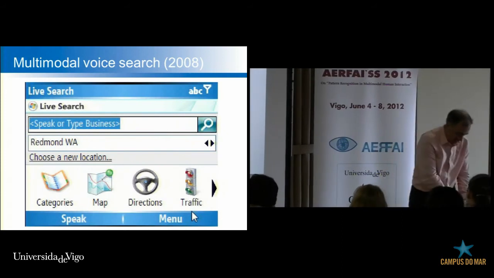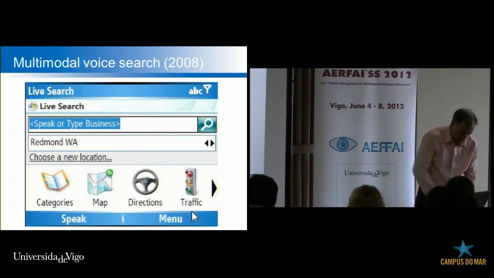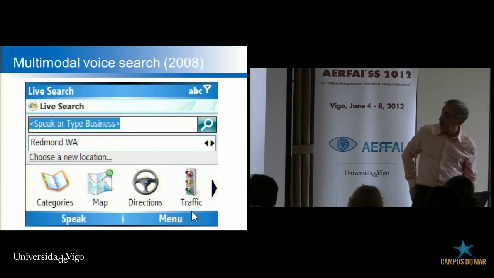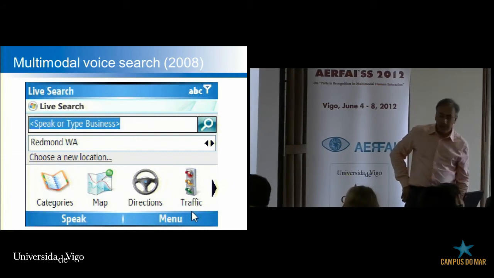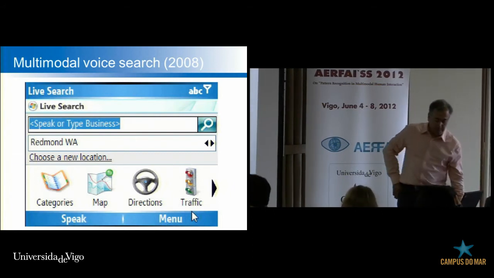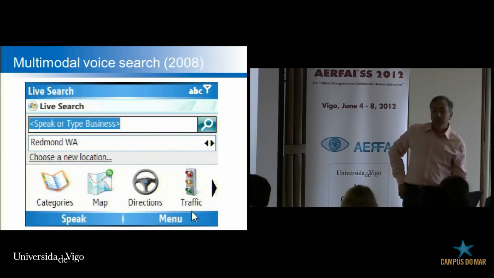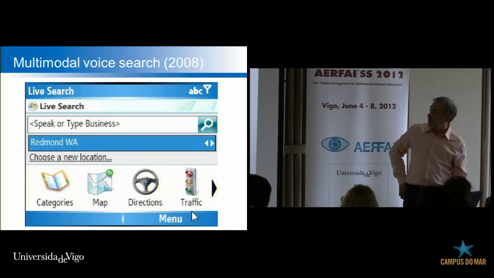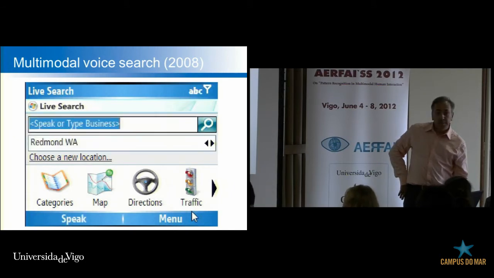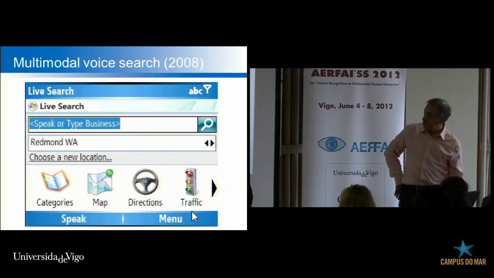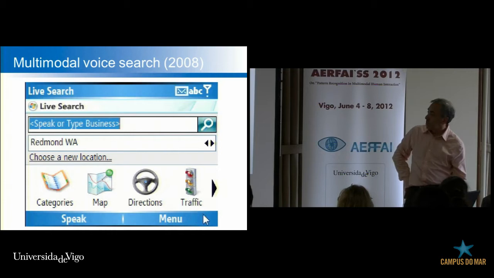Hi, my name is Rob Chambers. I work here at Microsoft Corporation, and I'm excited to show you a new feature of the Live Search for Windows mobile application. That feature is speech recognition. As you can see, I have the Live Search application running here on my phone, and my location is currently set to Redmond, Washington. Now, I can go ahead and speak or type a business name. Speaking is a lot easier than typing on these small keyboards on mobile phones today. Let me show you what that would be like. I can simply press the speak key and say the name of the business I'm looking for. For example,